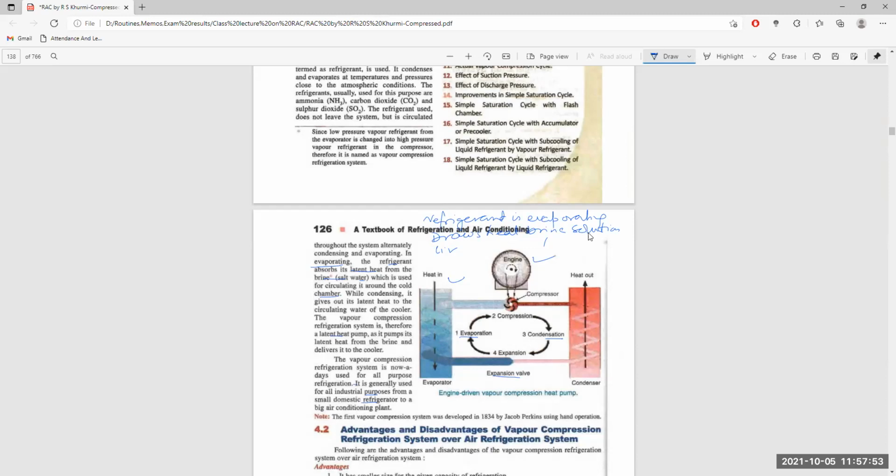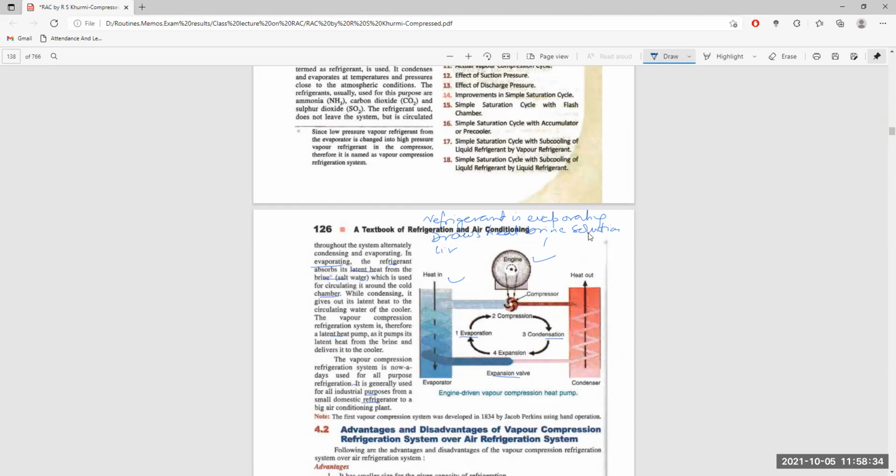At the evaporator, the refrigerant is evaporated, thus drawing the latent heat of evaporation from the evaporator itself, and it goes in the gaseous state to the compressor where it is compressed, and then goes to the condenser where it releases heat and is condensed to liquid, thus releasing the latent heat of condensation to the surroundings. And this high temperature liquid goes to the expander itself, where pressure is again reduced in the expansion.